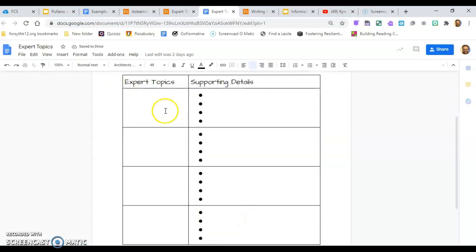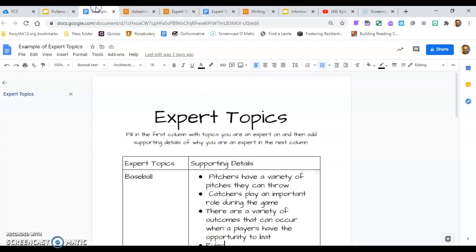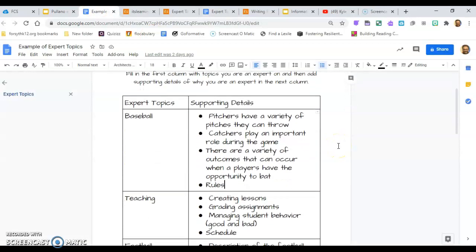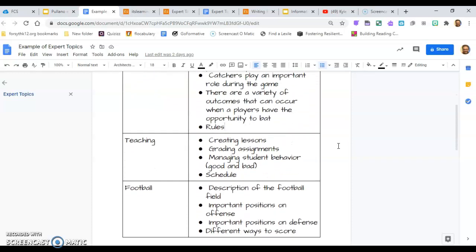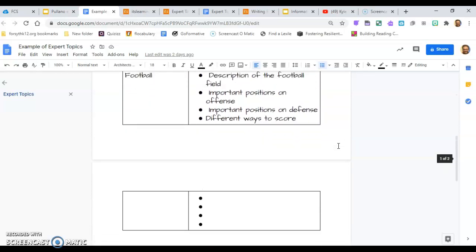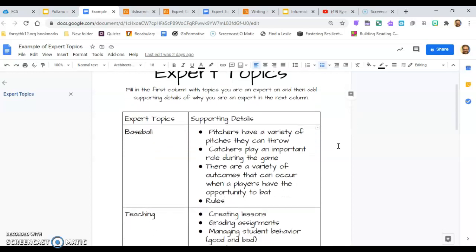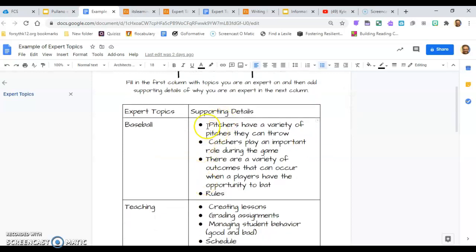So here you just put the topic and some of the supporting details. I've made an example here for myself, some topics I'm an expert on. Baseball, I played baseball throughout my life, teaching, football. So I just did 3, I brainstormed quickly, and each one, 3 or 4 different, it could be headings, it could be like the subheadings of what are the parts of baseball, for instance, that I know I could write